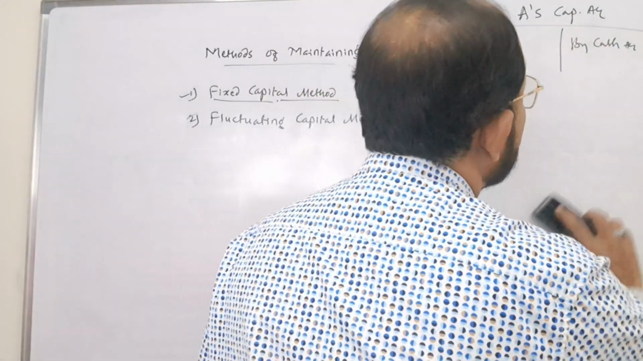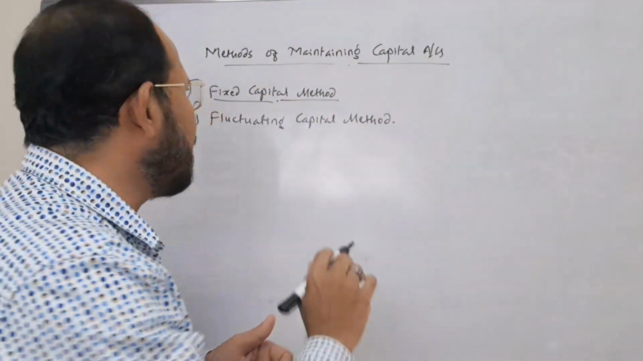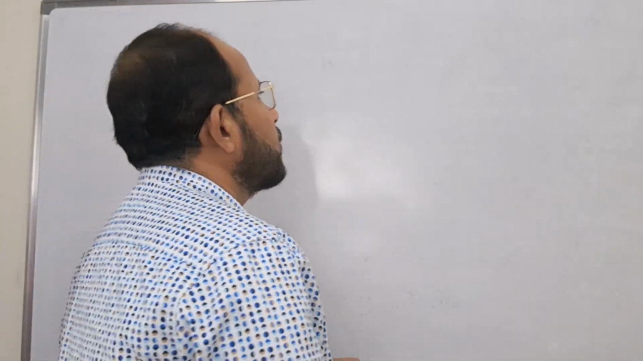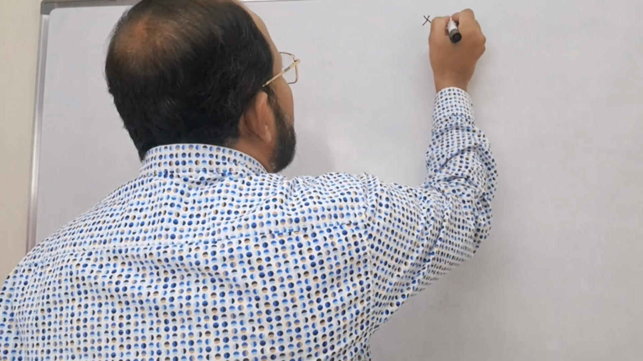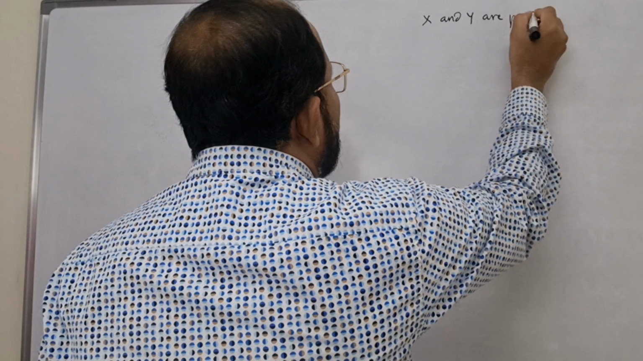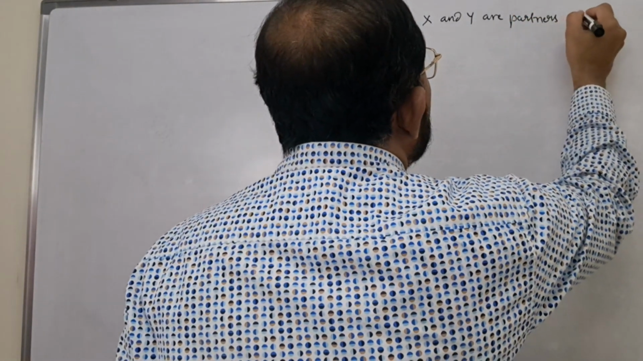Next one, let us come to the fluctuating capital method of accounting. Okay, let us take one simple example so that you can better understand both the methods of maintaining capital accounts of partners. Take X and Y. X and Y are partners who introduced